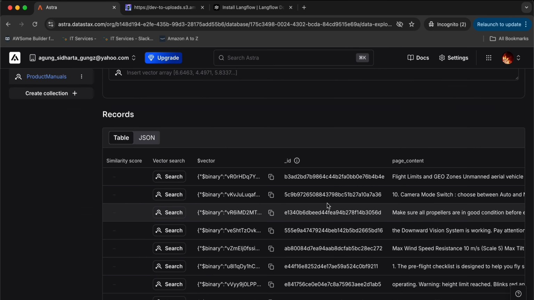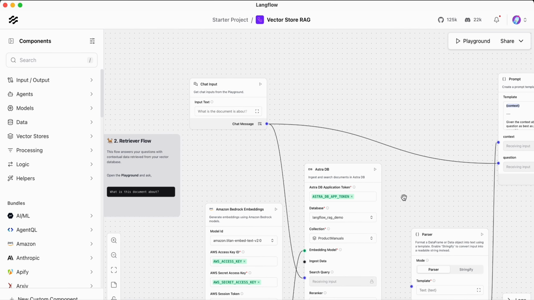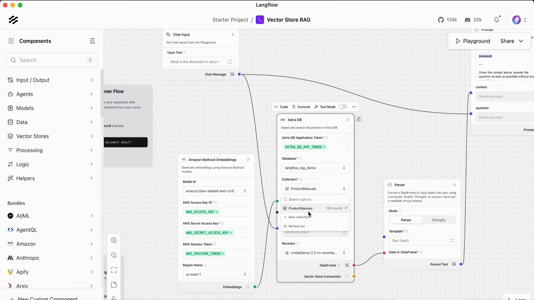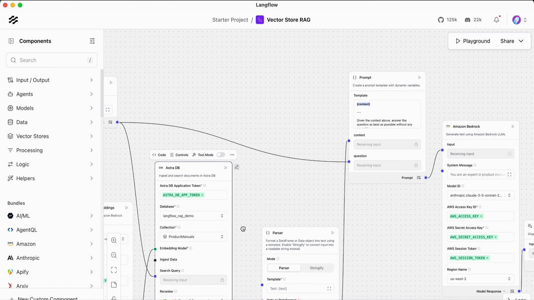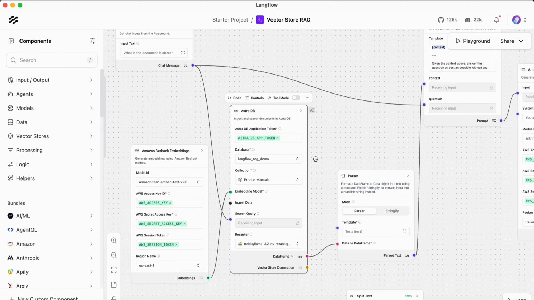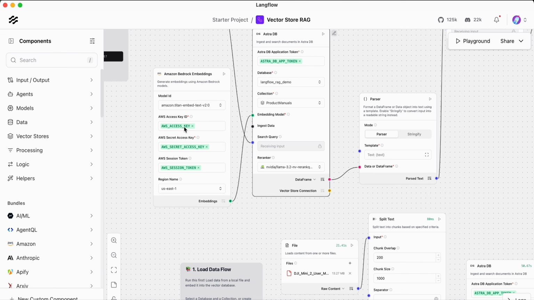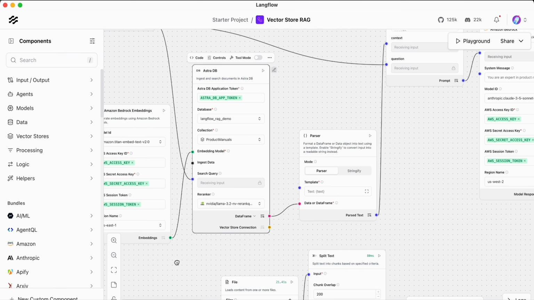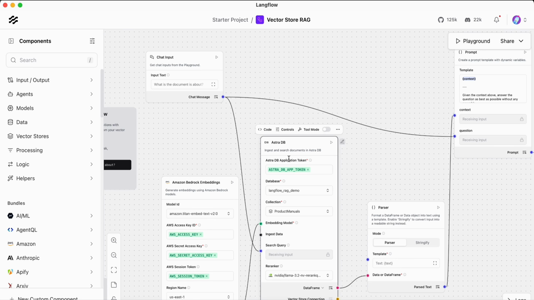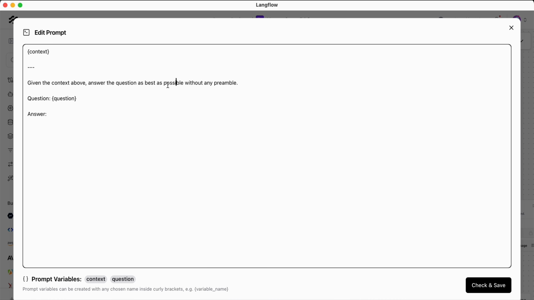And I will start now asking some questions, right? Before I ask questions, let me make sure that I use the product manual. Yeah, okay. And as I said, everything on the retrieval part is just changed from OpenAI to Bedrock. And if you see the embedding, I use Titan Embed Text v2.0. The same is also used here. If I use another embedding model, it will fail. And then I link it to the AstraDB, which is the database that I've shown earlier, and I modify the prompt a bit.